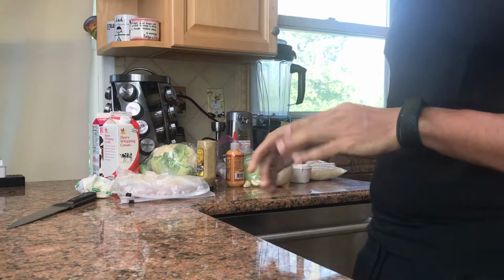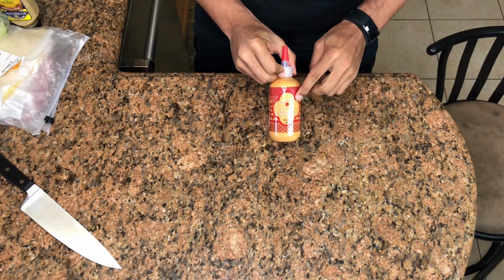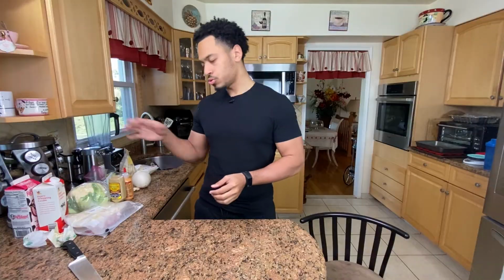Here is gonna be a shrimp with just cabbage. Kind of want to make like a bang shrimp, but I didn't really want to do all that. So I bought this because I thought it was interesting. It's a hot sauce, Japanese Togarashi. Just going to smother the shrimp in it, cook it up, and then put the cabbage and some onions in